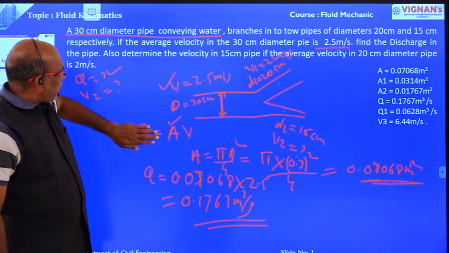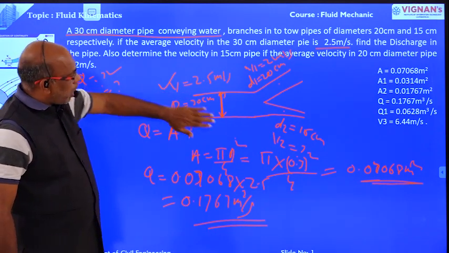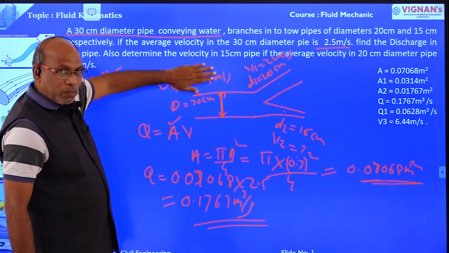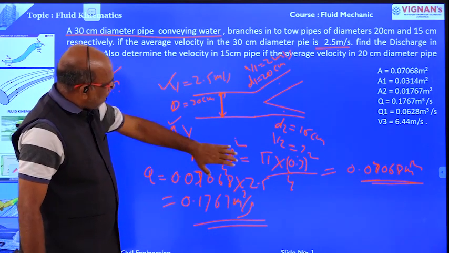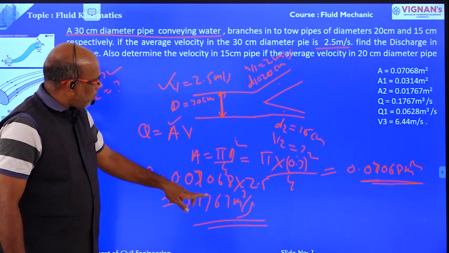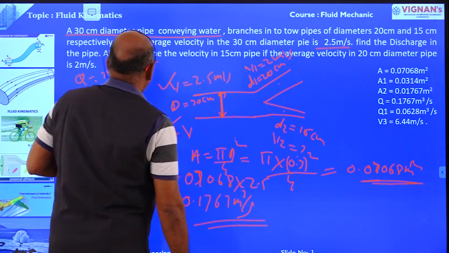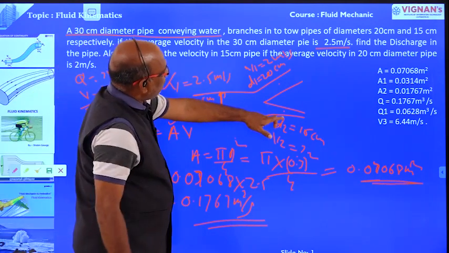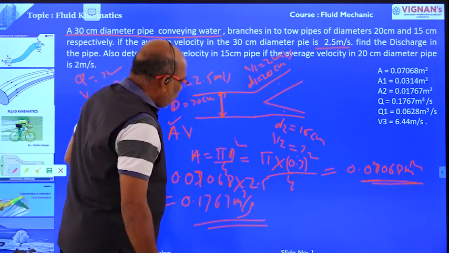We know one standard formula, discharge Q is equal to AV. From the diameter we have determined the cross-sectional area, and the velocity in the main pipe is given, 2.5 meters per second. Cross-sectional area into velocity gives the discharge flowing through the main pipe, that is equal to 0.1767 meter cube per second. And the second question they have asked: what is the velocity at the 15 centimeter dia pipe? Now we are going to take